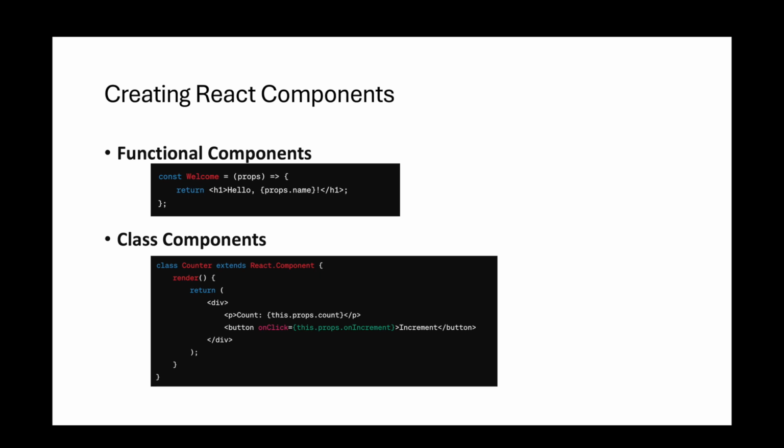Class components. Class components are JavaScript classes that extend React.Component. They have a render method that returns React elements and can also manage component state and lifecycle methods. Example: class Counter extends React.Component { render() { return ( <div> <p>Count: {this.props.count}</p> <button onClick={this.props.onIncrement}>Increment</button> </div> ); } }